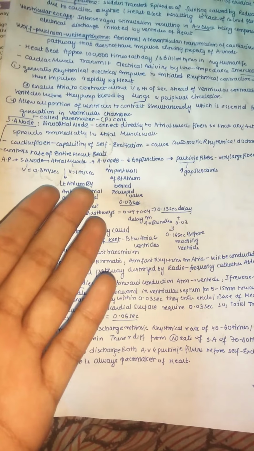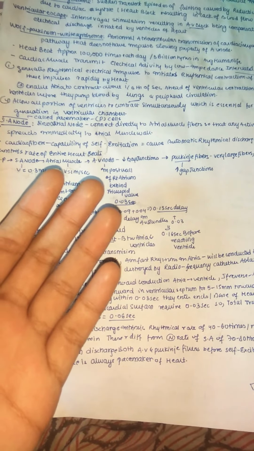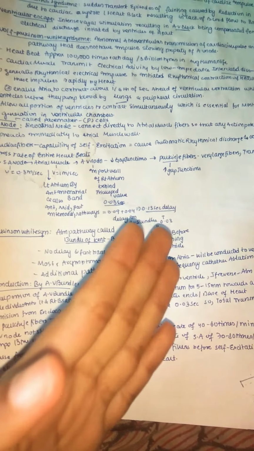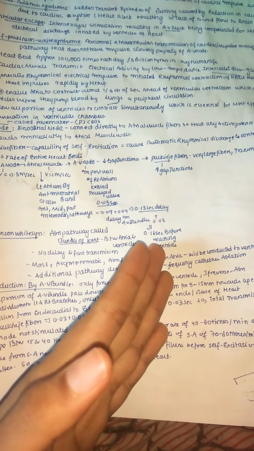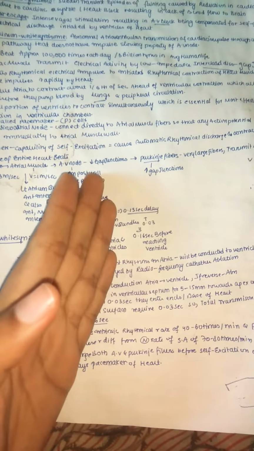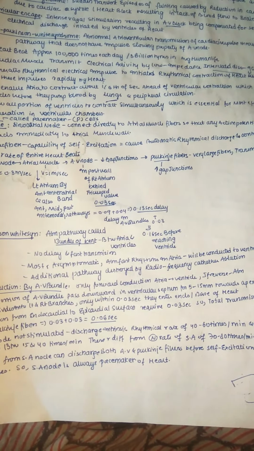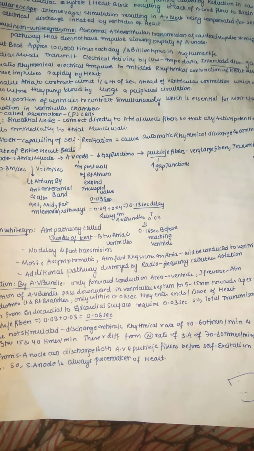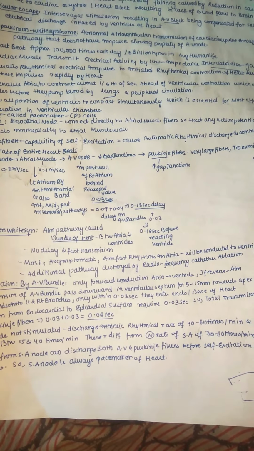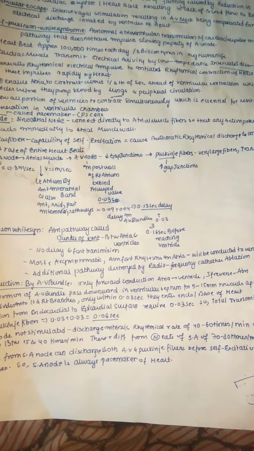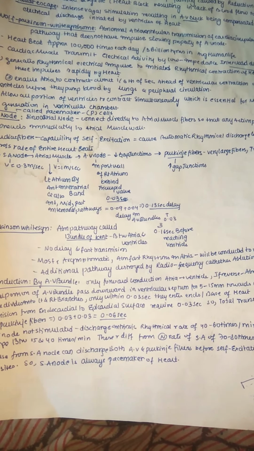Because the blood which is coming from the atria needs to fill the ventricle before the ventricle contracts. So in the AV node there is a delay of about 0.16 second. And also there is delay because there are few gap junctions. You can understand that when there are few gap junctions, the current can't pass as efficiently as in the SA node or Purkinje fibers. Even the SA node is also called a slow conducting fiber.